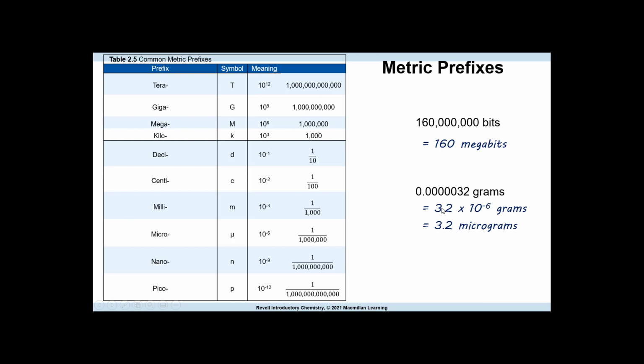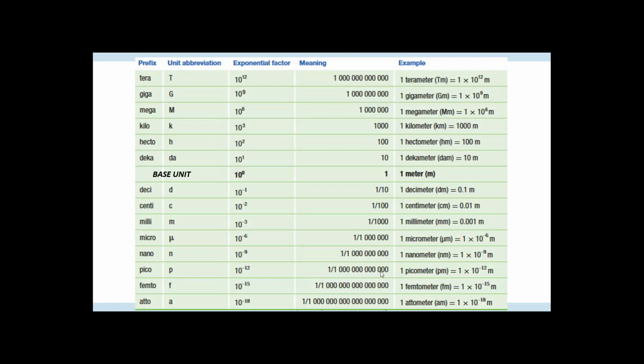If we write in scientific notation, we can see that this says 10 to the negative 6 power. Well, we can go down here and we have a 10 to the negative 6 power. This means all these zeros. So we can write it as 3.2 micrograms. And if you understand what micrograms mean, and you know that it is equal to this, then you know that this is exactly what you're dealing with. And this is where we start getting into the math of chemistry, which some students have a hard time with in the beginning because it's something you guys have never dealt with, or at least some of you.